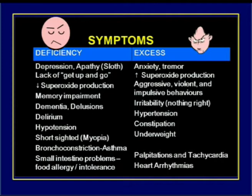If you've got too much noradrenaline, you're anxious, tremor, high superoxide, aggressive behavior, impulsive behavior, irritability. Nothing is right for these people. You know somebody like that? Okay, yeah, we've all got people in the family where nothing is ever right. Okay, that's noradrenaline. Hypertension, of course, constipation because you want to shut your bowels down, underweight, palpitations and tachycardia, and